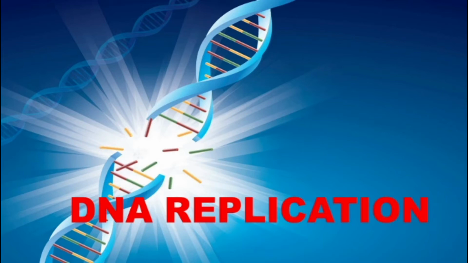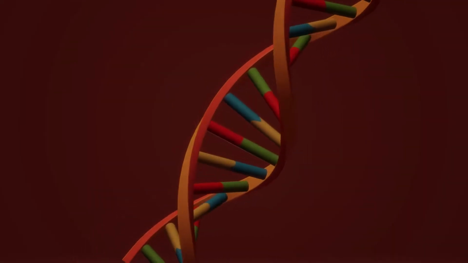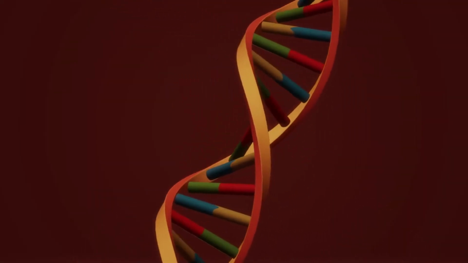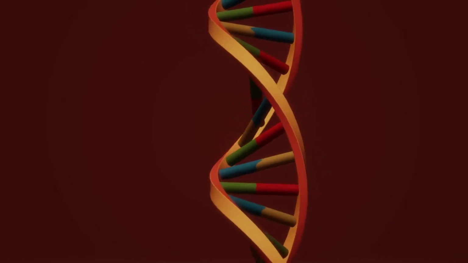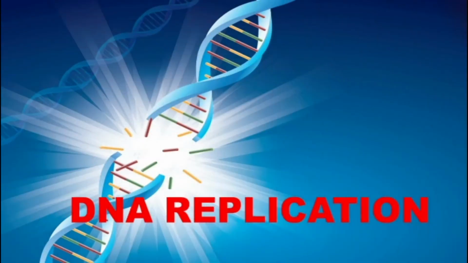DNA is made up of a double helix of two complementary strands. These complementary strands are located opposite to each other. During replication, these strands are separated. Each strand of the original DNA molecule then serves as a template for the production of its counterpart, a process referred to as semi-conservative replication.